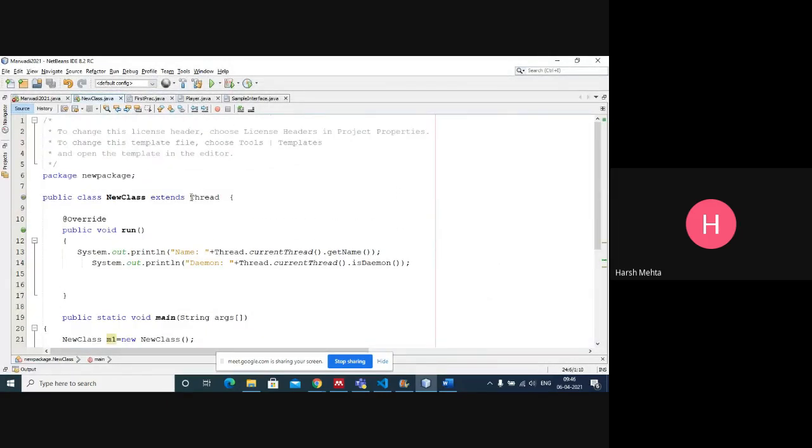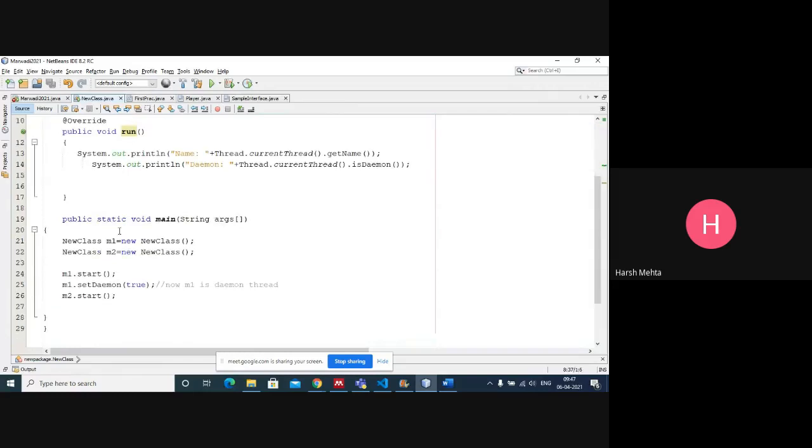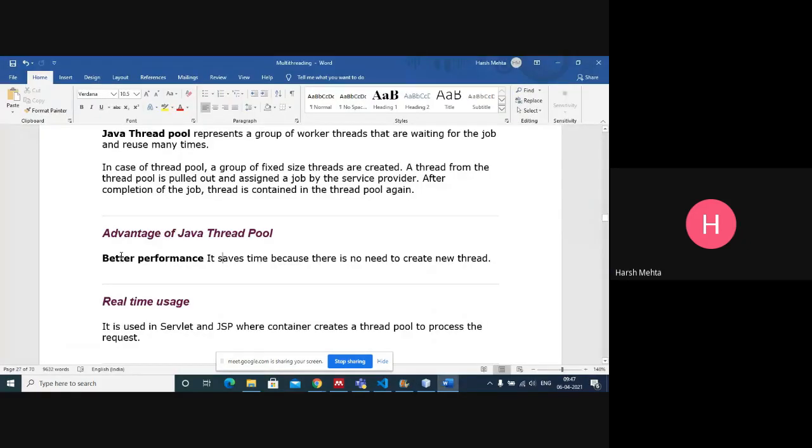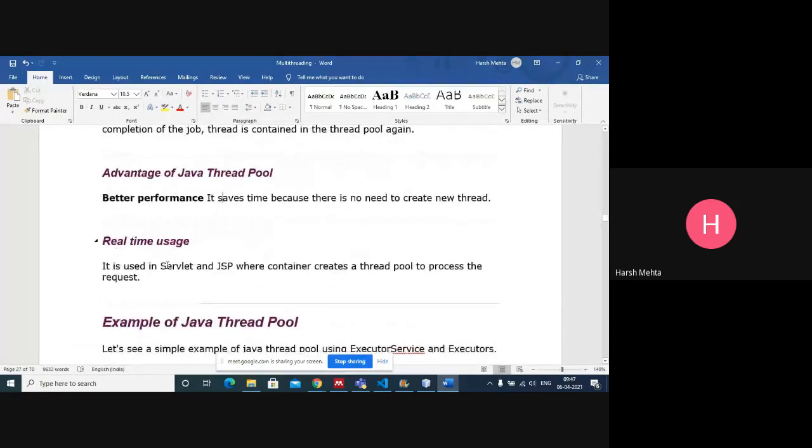As soon as we extend this Thread class, whatever object we make becomes our thread. Okay, fine. And what is the real-time use? It is used in Servlet and JSP, where the container creates a thread pool to process the request. So in Servlet and JSP, it creates the thread pool to process the request. Okay.